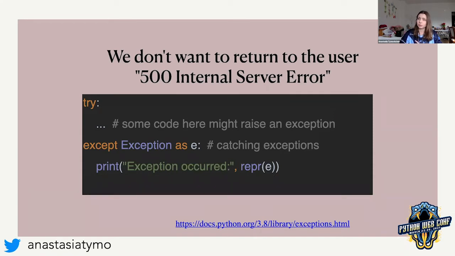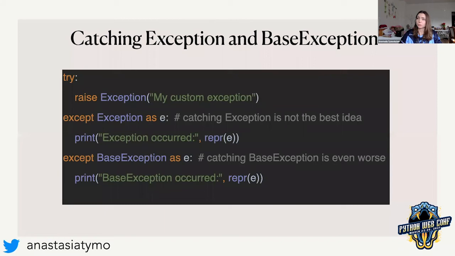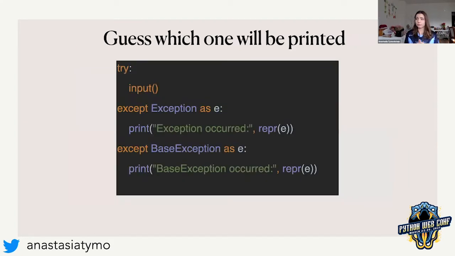But at the same time, you need to keep an eye on which exception to catch first. There are exceptions and also base exceptions. What is the difference between them? Maybe it's not quite obvious, or maybe it is, but in this try except block, we are trying to catch all the exceptions and all the base exceptions. For example, if we have this piece of code, we are waiting for some input from the keyboard, and after that, we're trying to catch the exception and base exception.